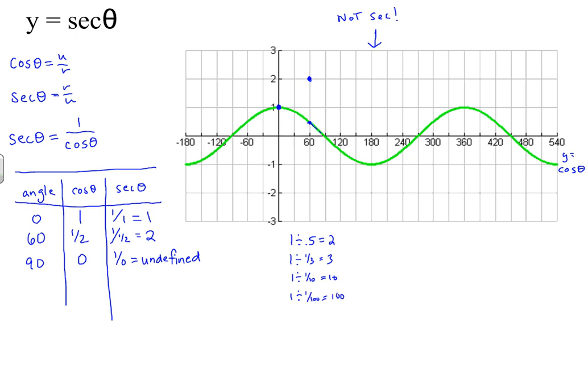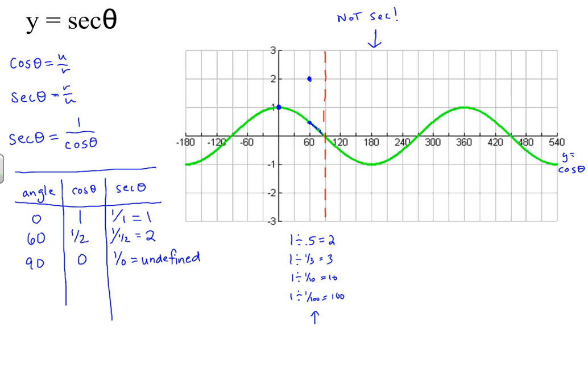As I go along the cosine graph from 60 degrees closer and closer to 90 degrees, I'm getting all of these numbers as my cosine values, because cosine is getting smaller and smaller. So secant is going to get bigger and bigger without bound. When I'm really infinitely close to 90 degrees, the cosine value might be 0.0000000000001, which would make the secant value ginormous. So what's really going on here is I am getting a vertical asymptote. I'm going to draw this on here. Here's a vertical asymptote in the secant graph